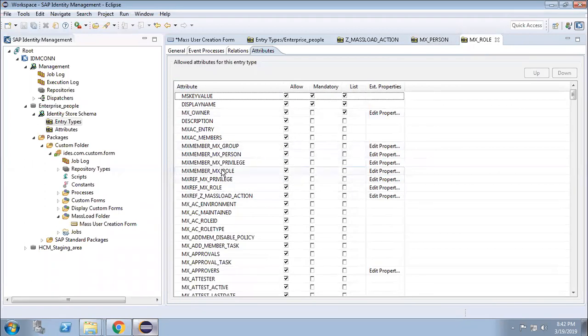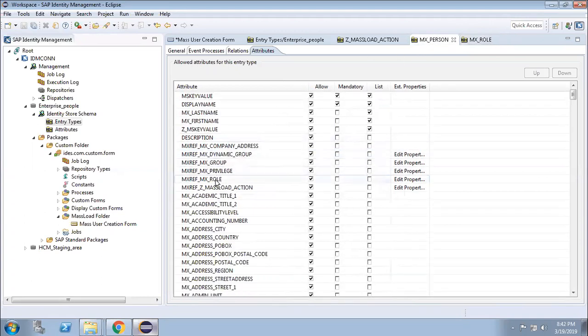In this area, you will see that role is a member of this person. Here, role is a reference of the person.